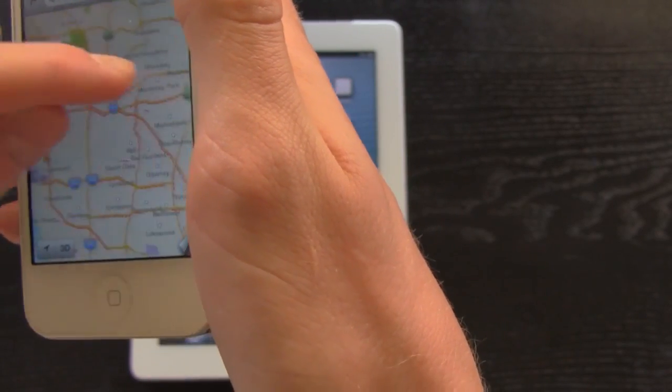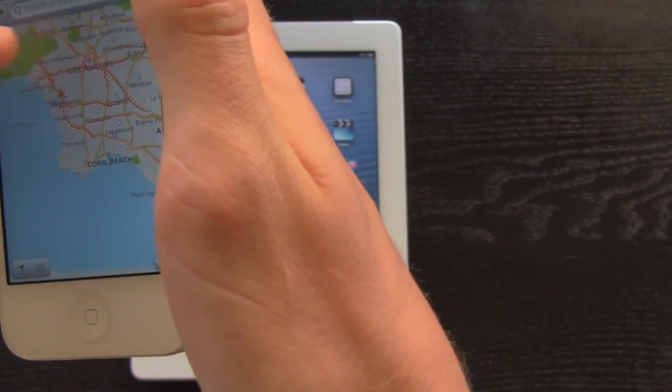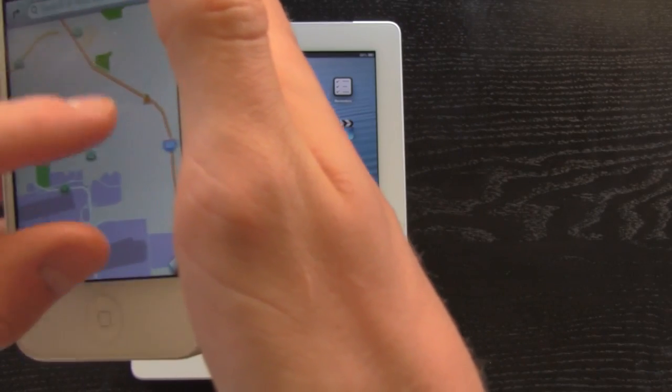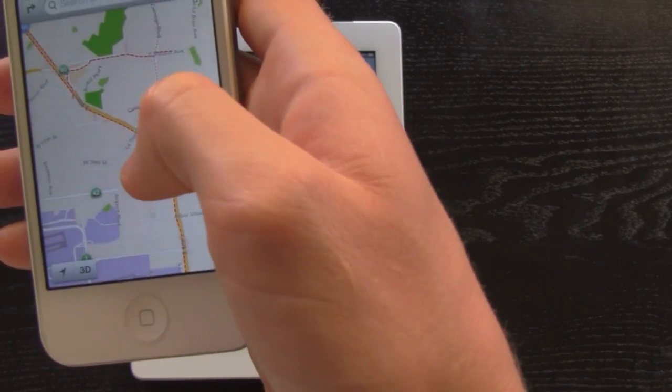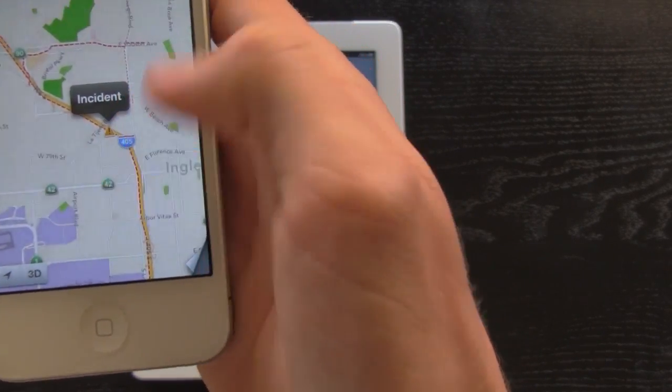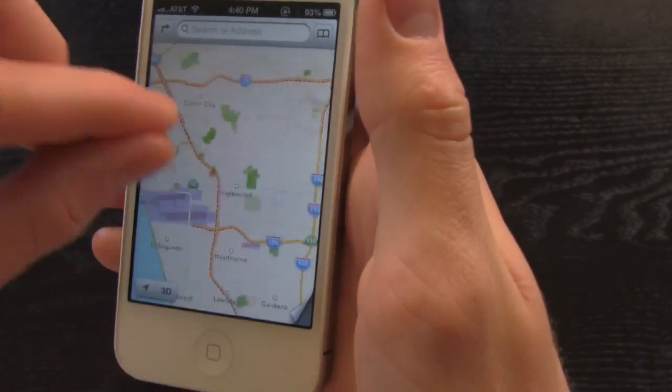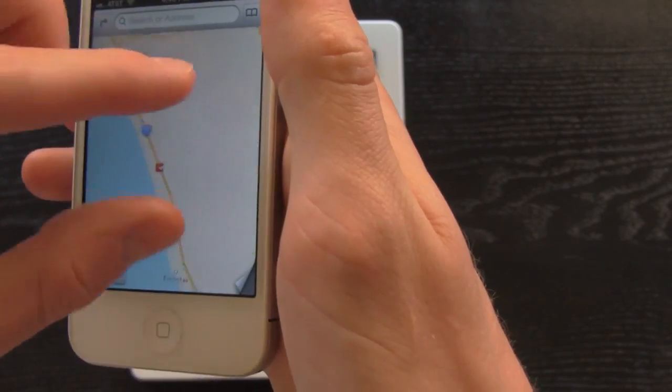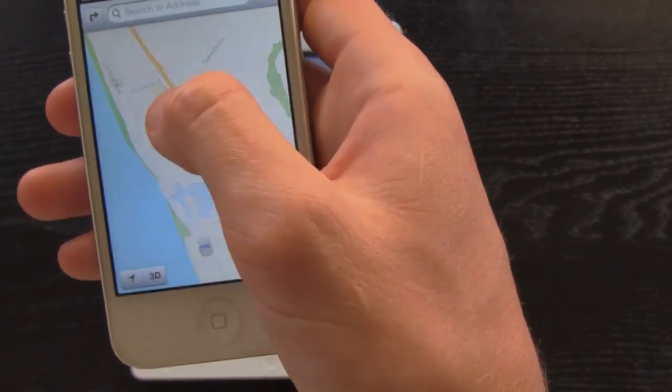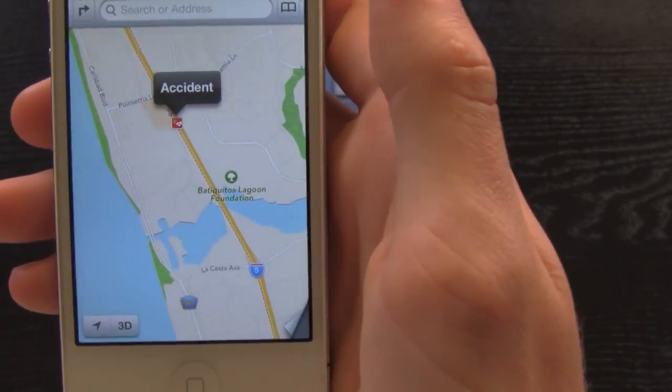And let's go ahead and take a look. I've found 2 other different traffic notifications as well. This one just reports an incident, and a red car reports an accident. We'll see if we can actually find a red car over here. We're looking for an accident, and as you can see, we do have an accident right here, and it does